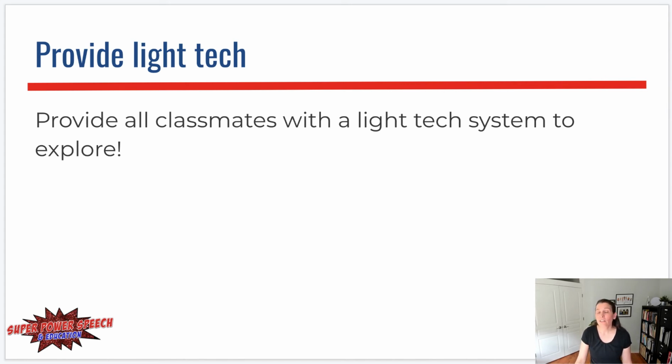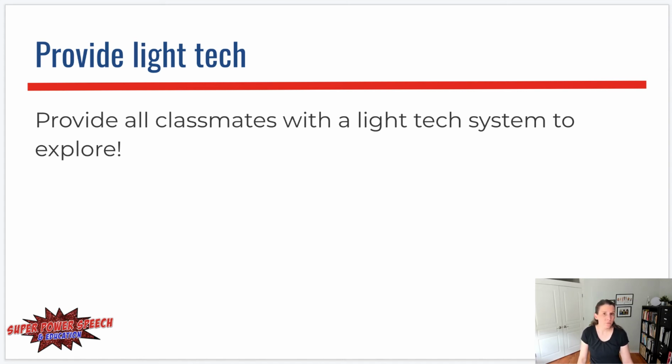Another thing that you can do, and I highly encourage, is not only having light tech systems for everyone in the class, but also having a big poster size one somewhere in the class as well, so that not only can everyone see what, we'll call him Johnny, what Johnny's device looks like, but the teacher can go up and actually point to things on the device or on the poster system as well. That makes for great modeling, and it makes the whole system seem like it is just less foreign and more readily accepted within the classroom.